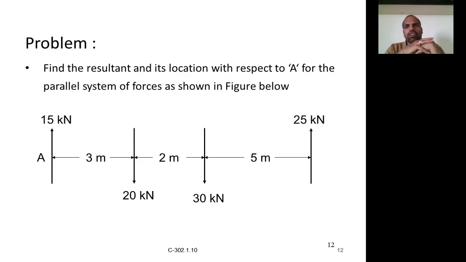In this one, we are discussing only parallel forces. So the resultant is equal to what? It is nothing but the algebraic sum of all the forces. The sense, the direction of action of the resultant, depends on the forces having different magnitudes. Along the direction where the forces are maximum, the resultant will act. In this case, the downward forces are 50 newtons and the upward forces are 40 newtons. Obviously the resultant will be towards the downward direction, that is 10 kilonewtons, but the distance is unknown.